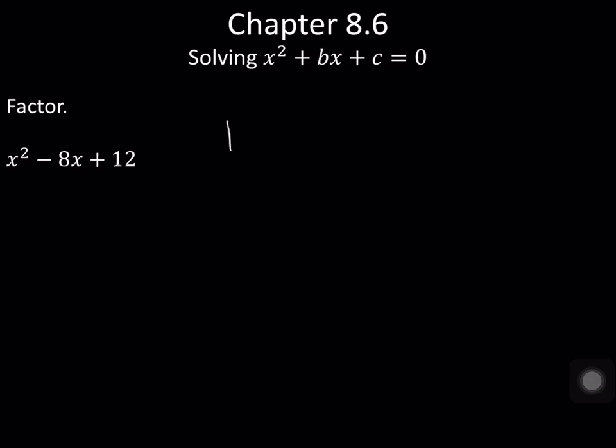Okay, so 1 times 12, that doesn't add to give me 8. 2 times 6. 2 times 6 almost adds to give me 8. But when 2 and 6 get added, they give me a positive 8. I need to get a -8. So what about